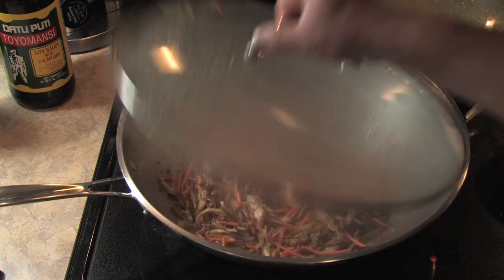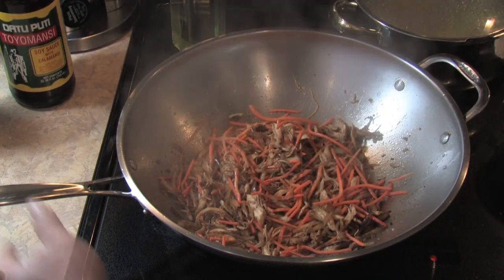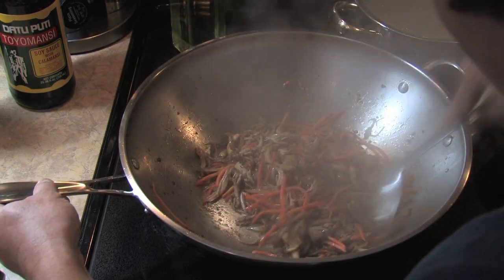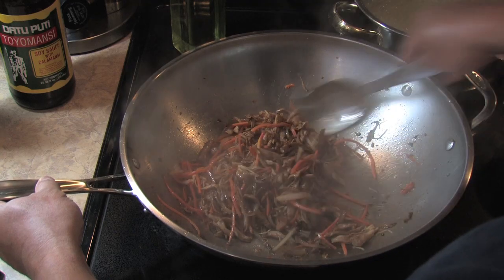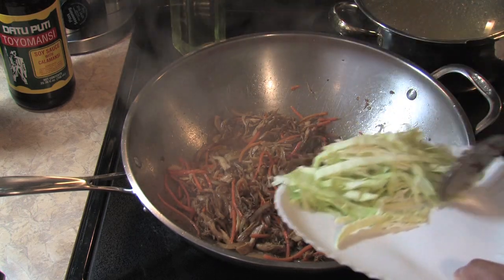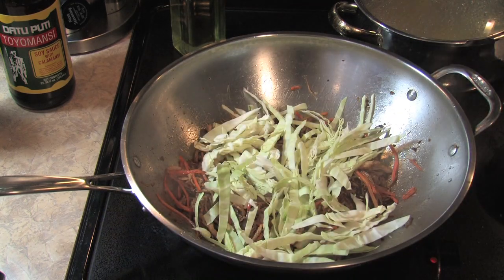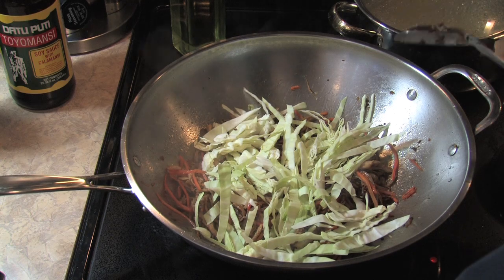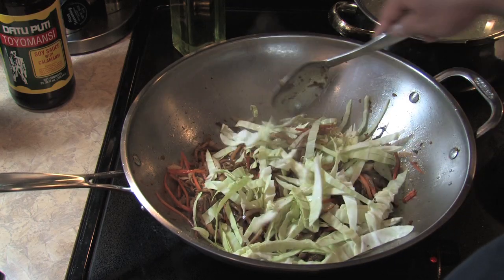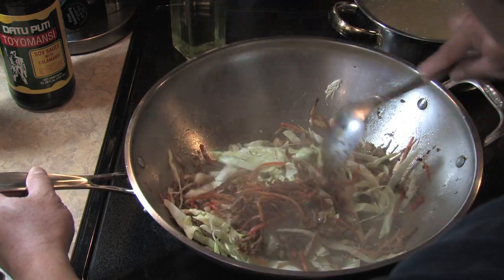Now our timer is down. It's ready. We'll give this a quick stir. Haluin lang natin ng konti bago natin ilagay ang repolyo, which is our cabbage. We got about 1 cup of shredded carrots and 1 cup of shredded cabbage. And what we'll do is we'll just saute it really quick,